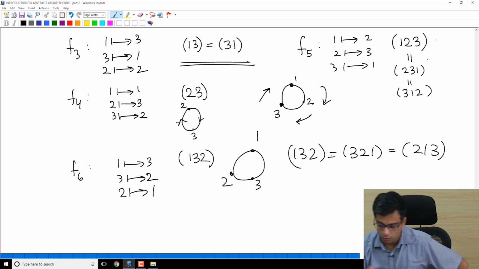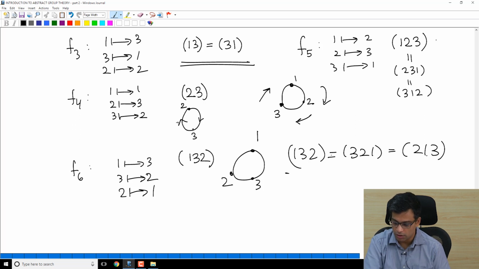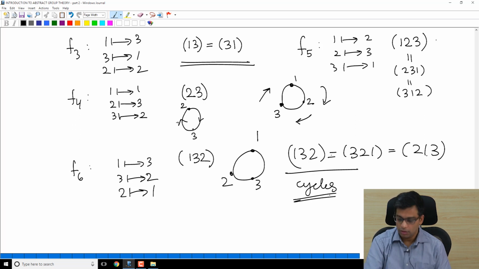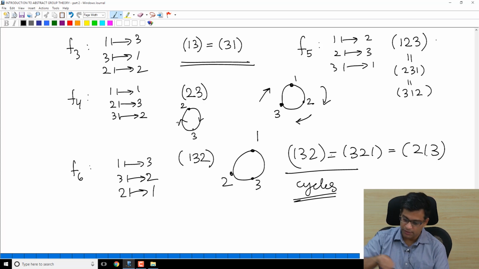Remember that in no convention will these two be the same, because 1 goes to 2 whereas 1 goes to 3 here. The only thing you have to keep in mind is, in a cycle notation, these are called cycles, the image of an element is determined by what comes after it. In this notation, image of 1 will be 3, image of 3 will be 2, and if the element is at the end of the cycle, and next you see the bracket closed, its image is the first element of the cycle. So 2 goes to 1, 1 goes to 3, 3 goes to 2.